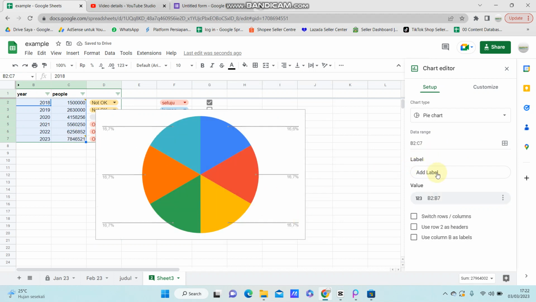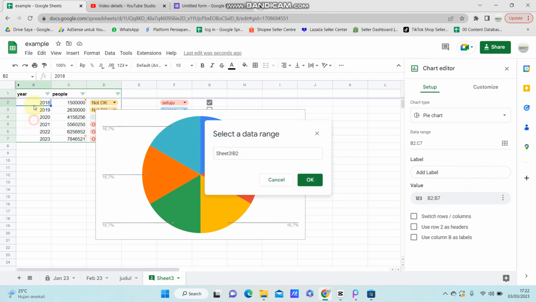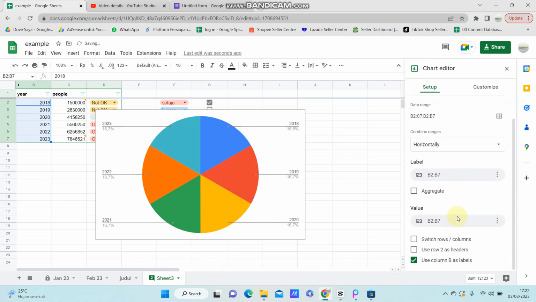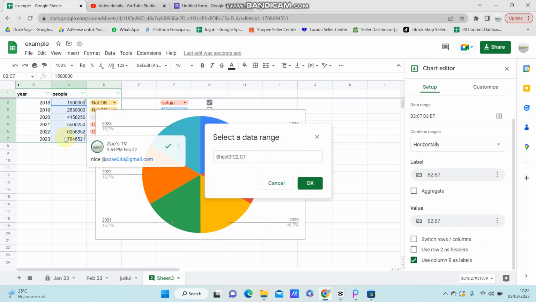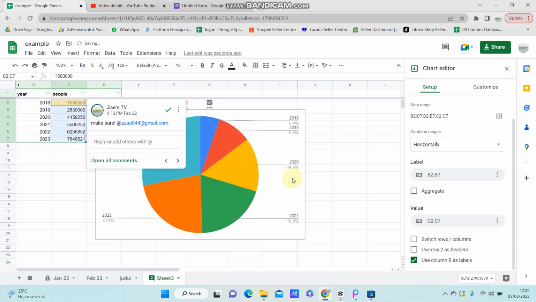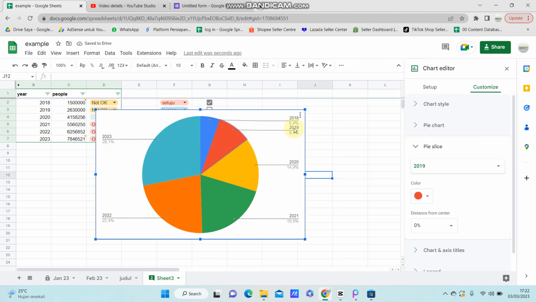So you can change for the label. So I'm going to select the B2 until B7 to set the label, and then for the value I'm going to select C2 until C7. Alright, there we go. And you can also add the